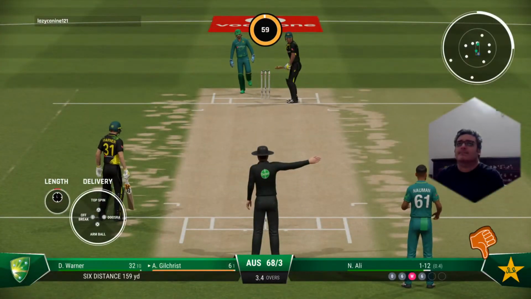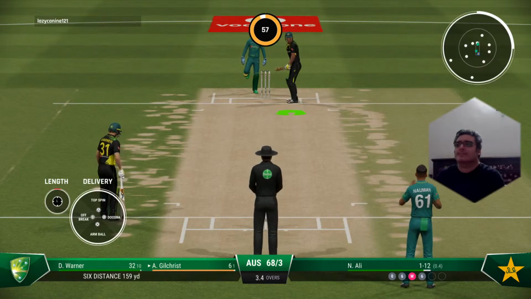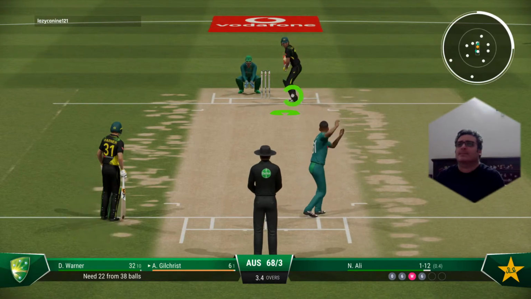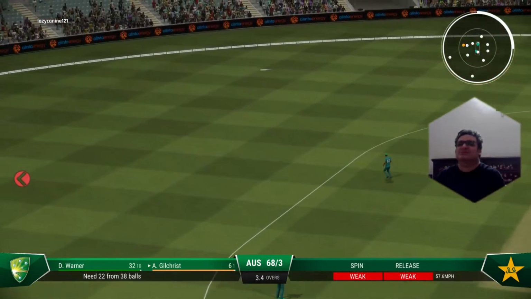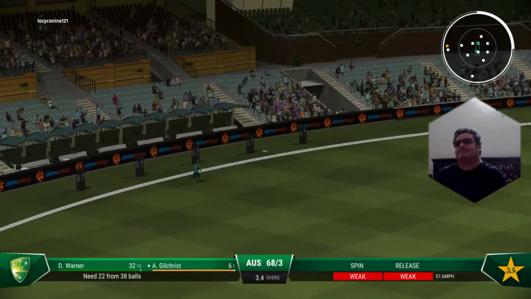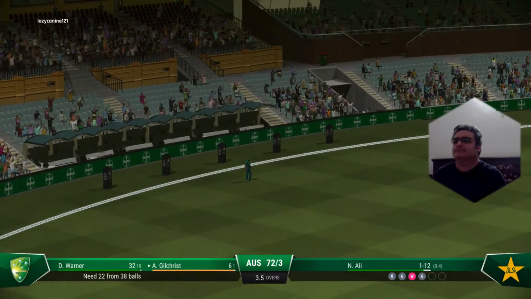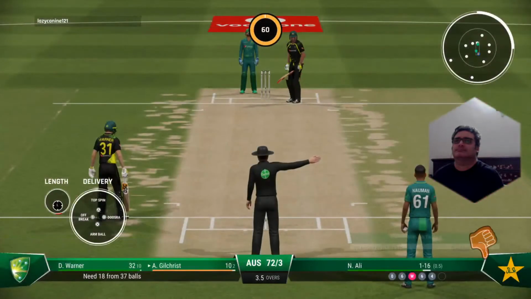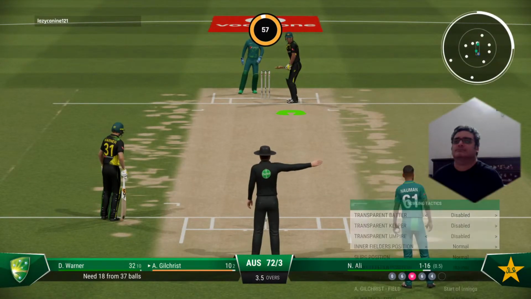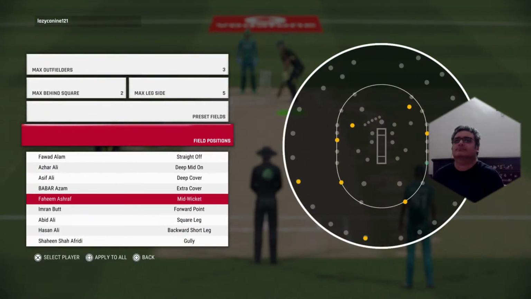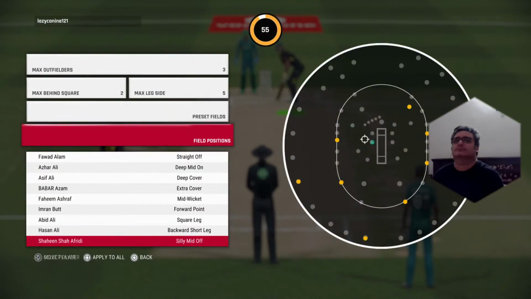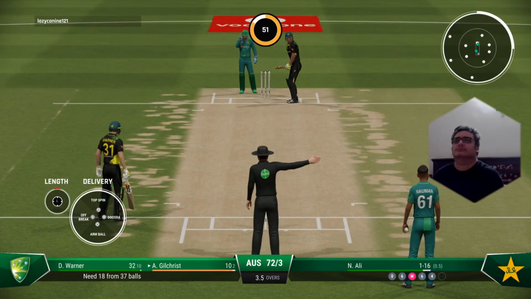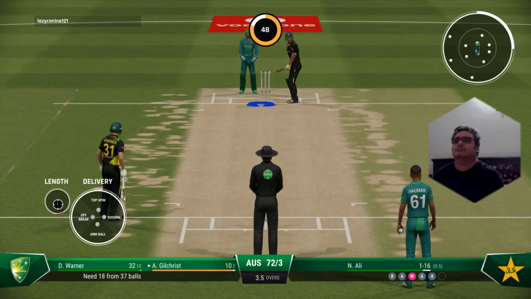I'd like to see them aim for the top of off now. As a bowler, you've got to make them play on your terms. Absolutely nailed it. You could see by how it whistled away to the boundary just how sweetly this was timed. Getting nicely settled at the crease now. Would have been really happy with that last shot. Boundary off the last ball. What's to come off this delivery, I wonder?